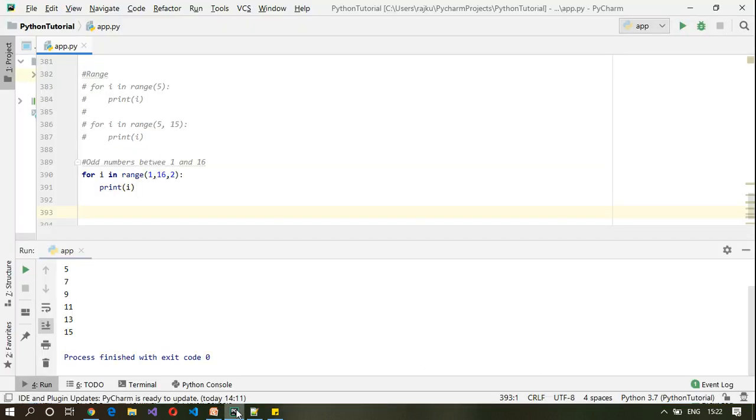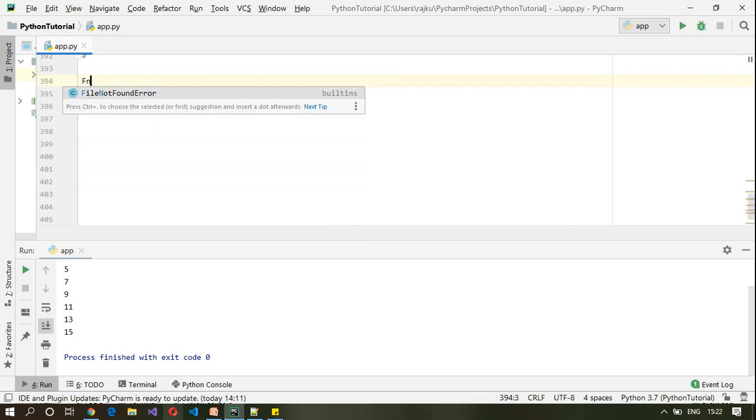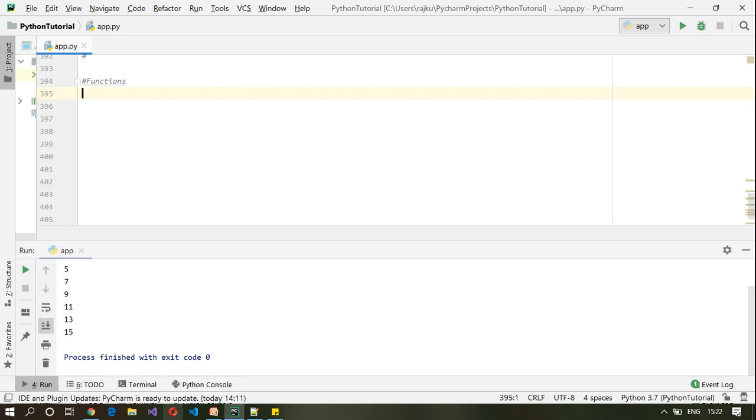Let us open up PyCharm. Let me comment out all the code before. Functions. Okay, so we are looking at user-defined functions here. As I said, a function will contain the keyword def and the name of the method. Let us call the name of the method print name, followed by parenthesis.